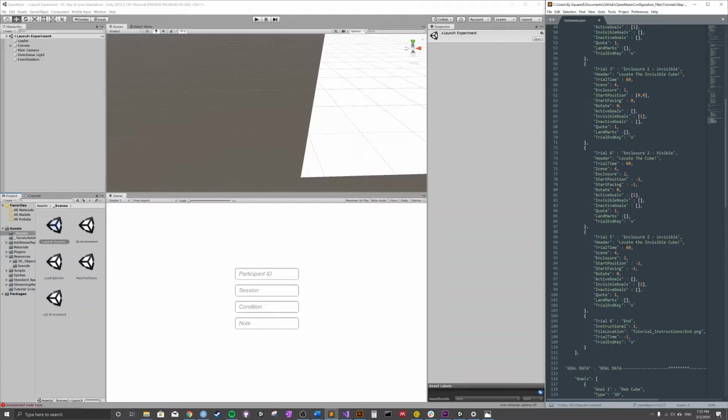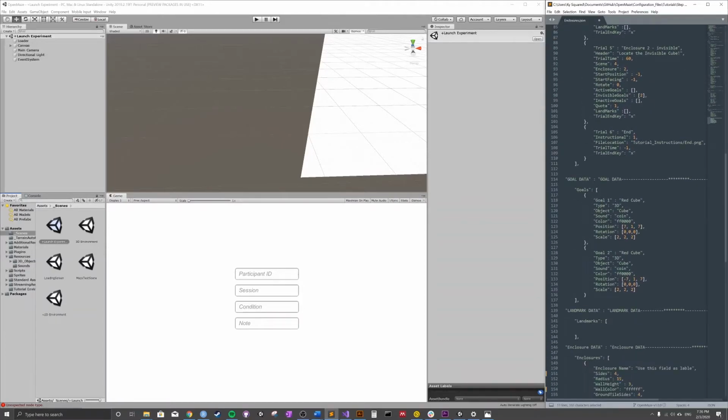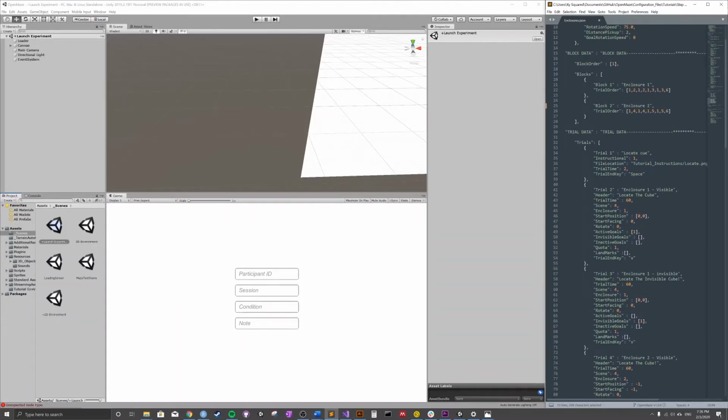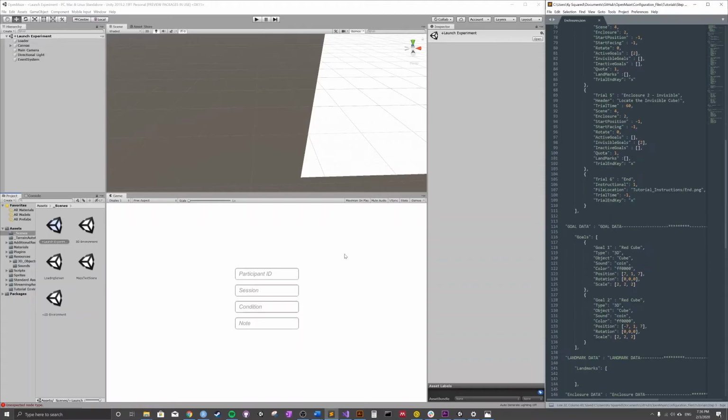And also what you should note is that in our enclosure 2, we have active goal 2 instead of active goal 1. So this is just going to call the red cube somewhere else in the enclosure. And so let's just add to our block order. We'll run both blocks. We'll take our end trial off. We'll keep it on the second block. Save that. And then when we go back to run our experiment,